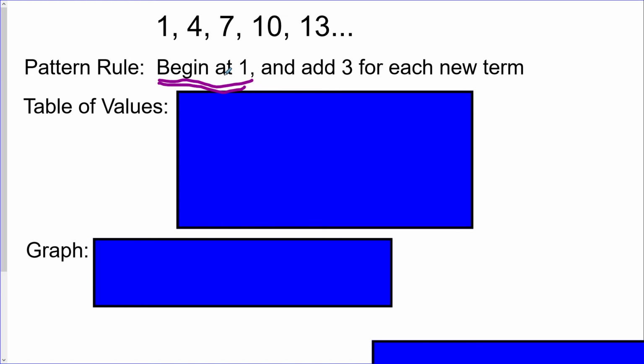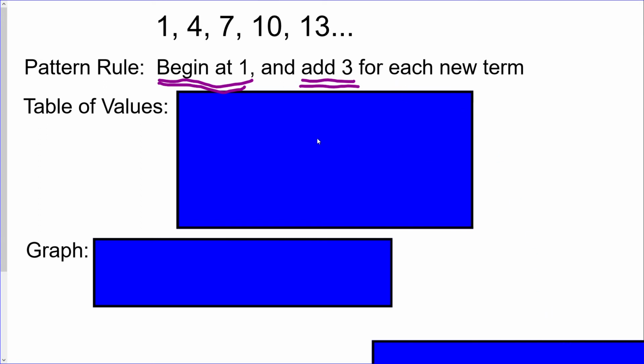You need to describe what the first number is, where your pattern begins, and then you add 3 for each new term. So you're describing where it starts and how it's going up or down, as the case may be. Okay, so those 2 things must be there in any pattern rule. Otherwise, there's some leeway about how you describe it. All right,